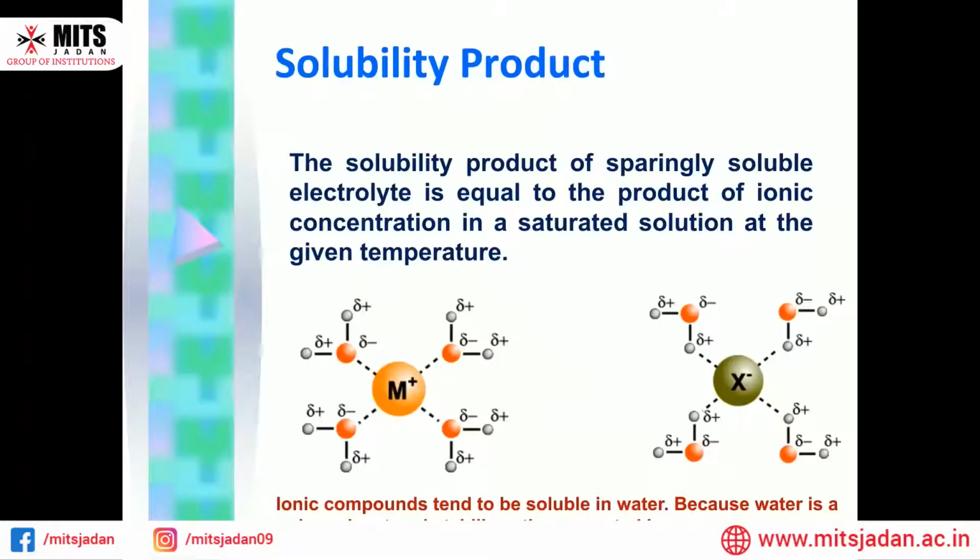Now look at the slide. Ionic compounds easily dissolve in water because the water molecules hydrate the ions. To dissolve an ionic compound, the water molecules must be able to stabilize the ions. That results from breaking the ionic bond. They do this by hydrating the ions. Water is a polar molecule. It has a permanent dipole. The oxygen atom has a partial negative charge and the hydrogen atoms have a partial positive charge.